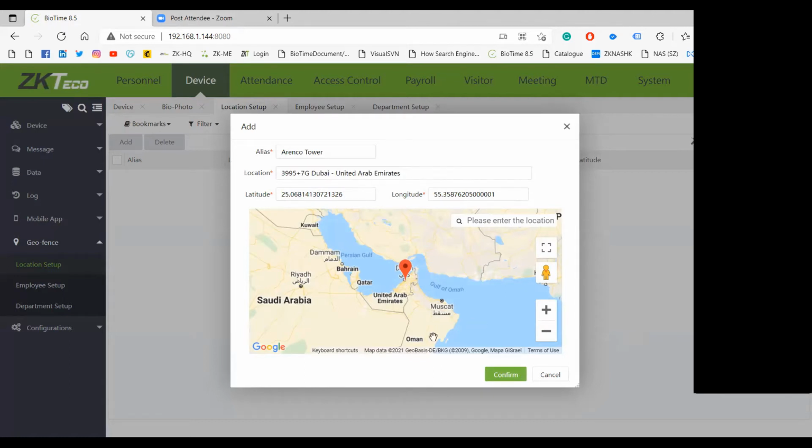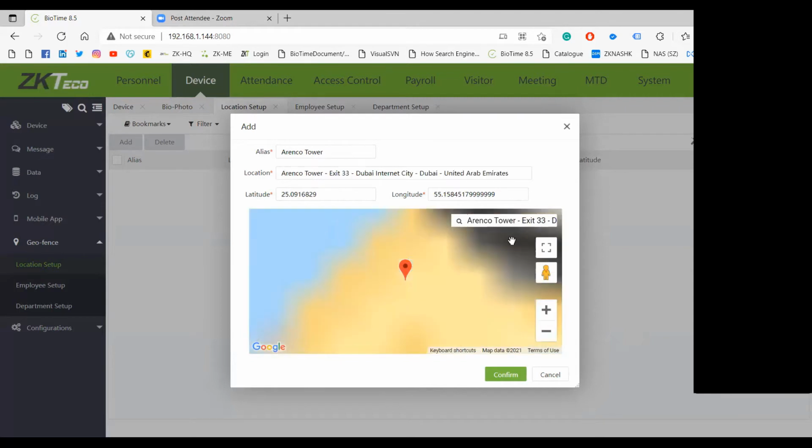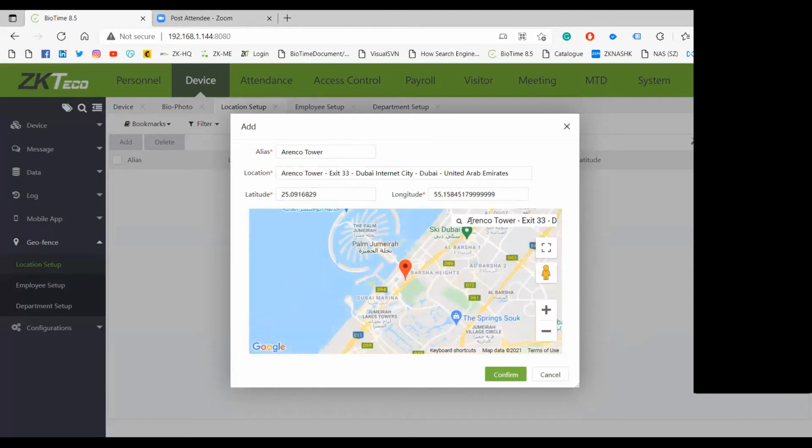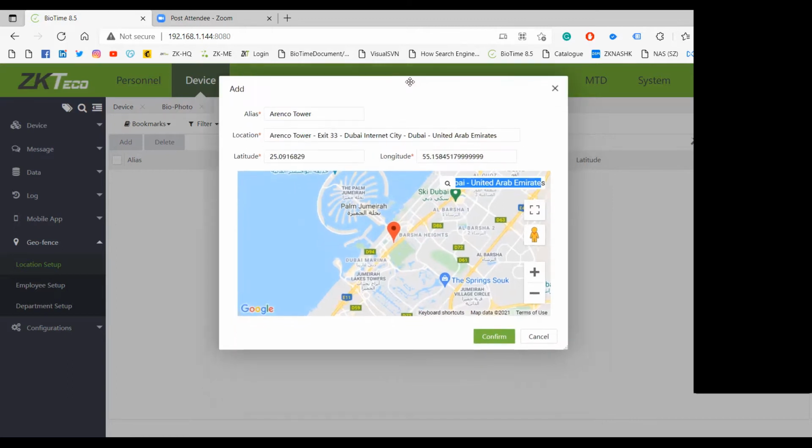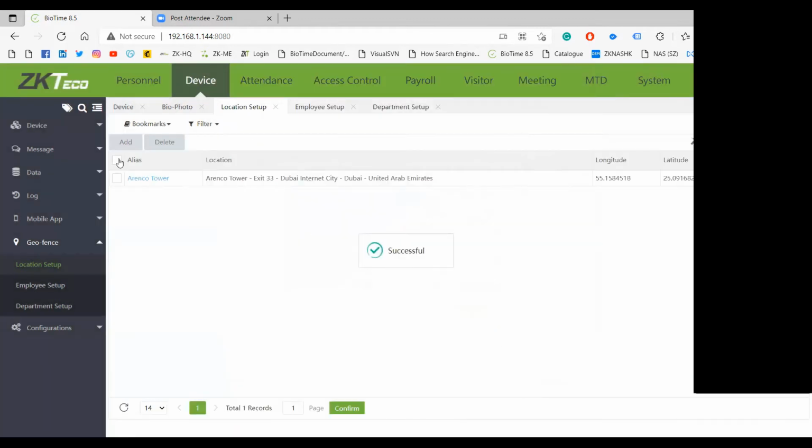I can also enter my location directly and see where it is, and the latitude and longitude get loaded automatically. Then I click confirm, and one location is added with latitude and longitude.